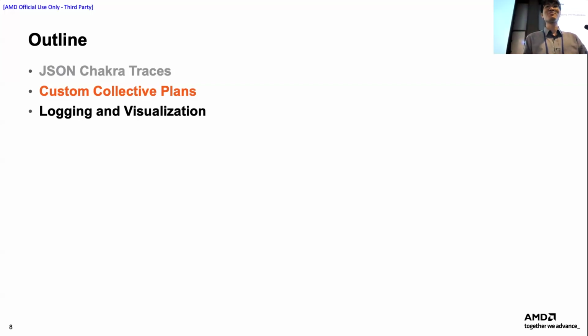So what Vinay had just presented is about upgrading the workload layer and how to represent the chakra execution trace. The protobuf-based chakra execution trace was not human readable. So we put a lot of effort to migrate to the JSON by keeping all the features of the protobuf-based chakra, to make it human readable and to make it easier to write more chakra execution traces and so on. Meanwhile, my change that I'm going to present here is more of a system layer change,